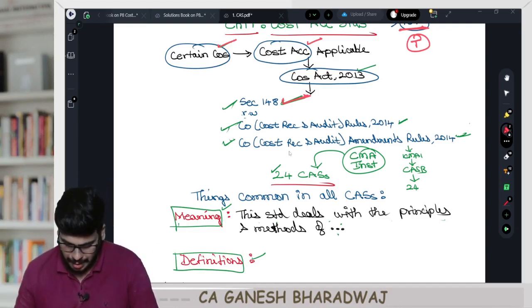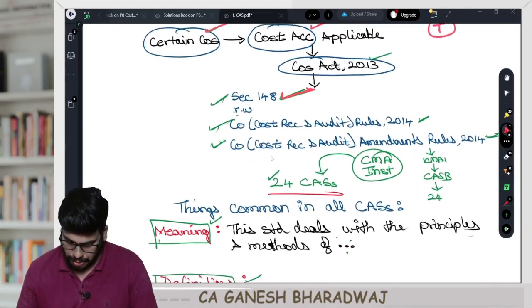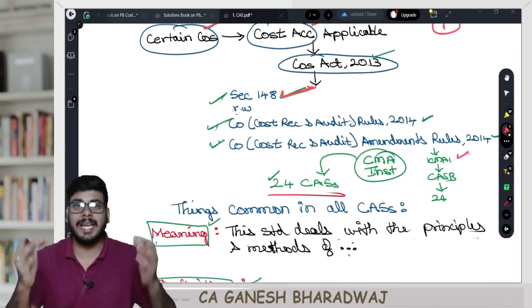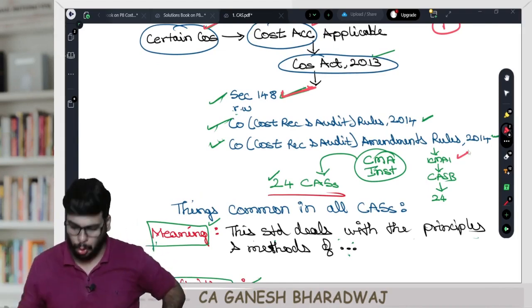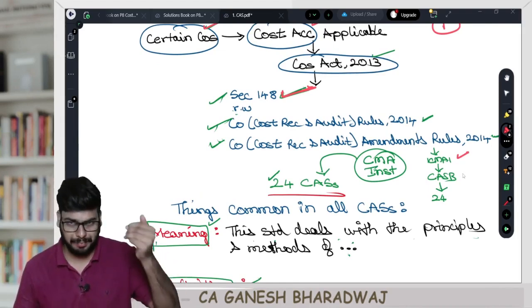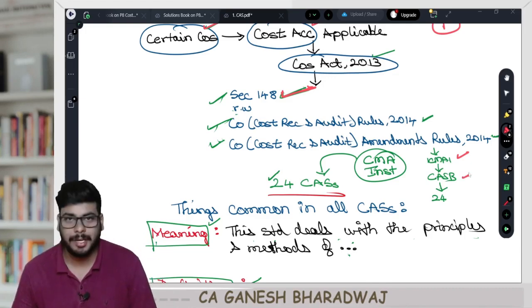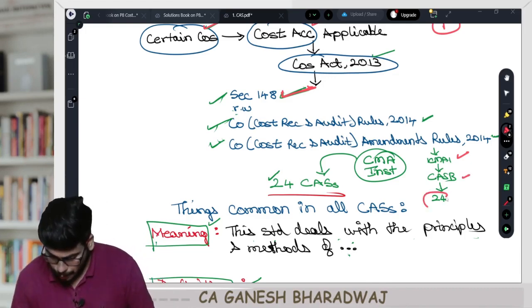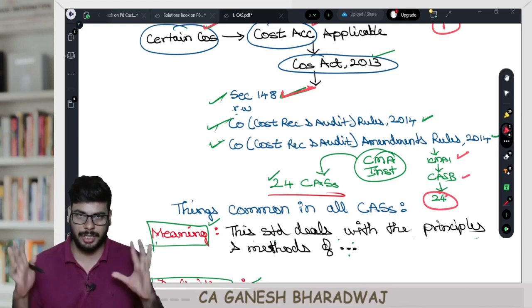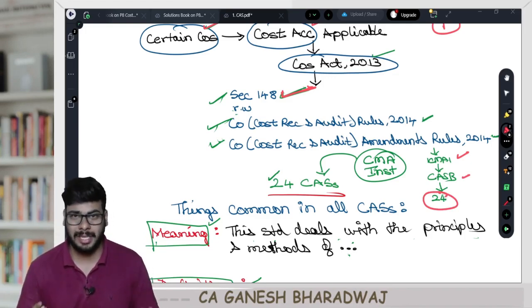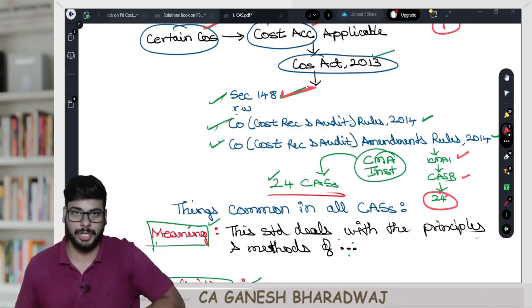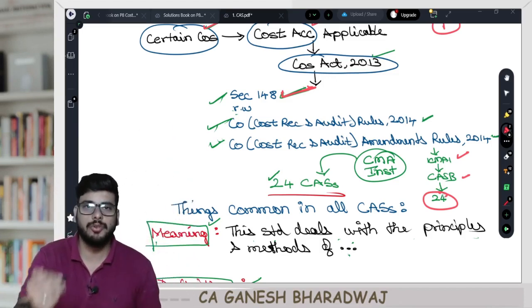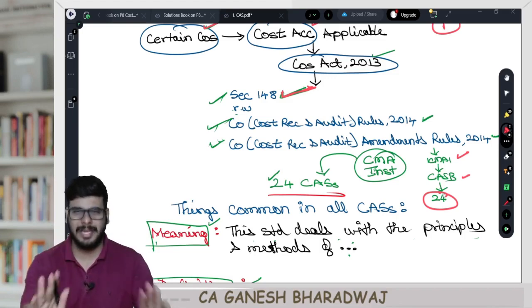So what CMA Institute has done, the Institute of Cost and Management Accountants of India, they have actually set one full board called your Cost Accounting Standards Board, right? Which has prescribed 24 cost accounting standards to date. So what is a cost accounting standard? Basically, cost accounting standards are nothing but a set of rules and procedures based on which you need to prepare your costing records. Very simple. For example,